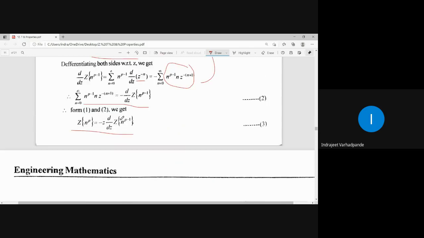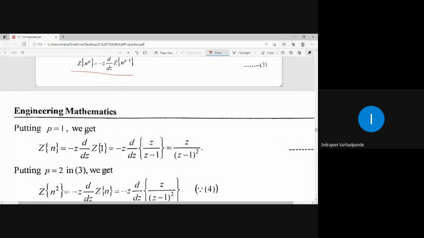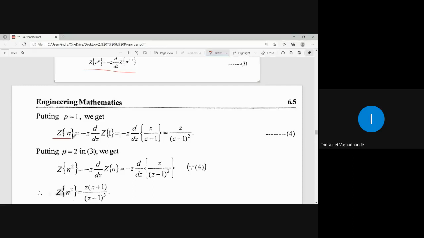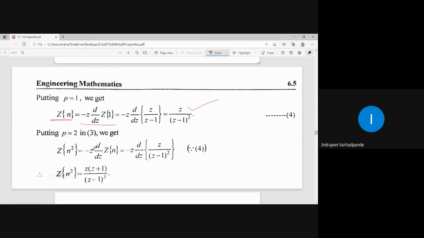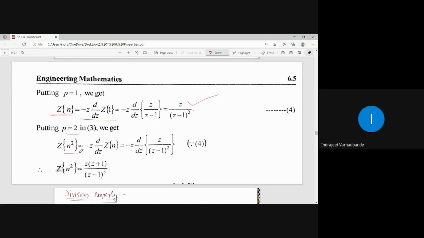Now you can verify. If you put p equal to 1, you get z of n as minus of this, which is already obtained. P is equal to 2 gives you the answer for n square. So for z of n square, the derivative of this particular term, whatever we have got over here, you are getting